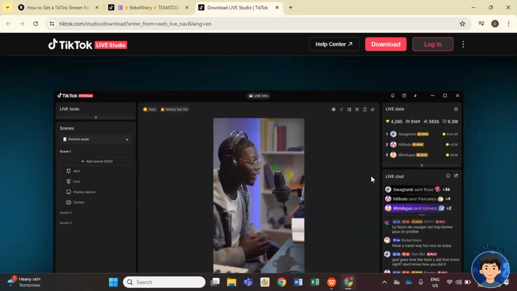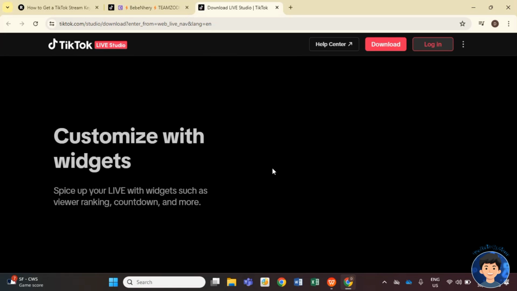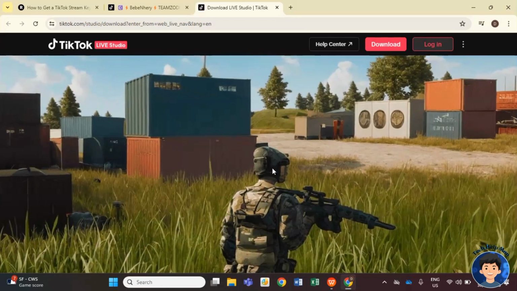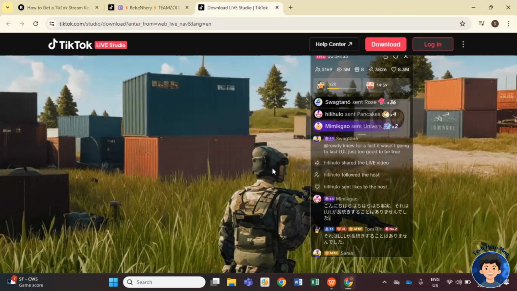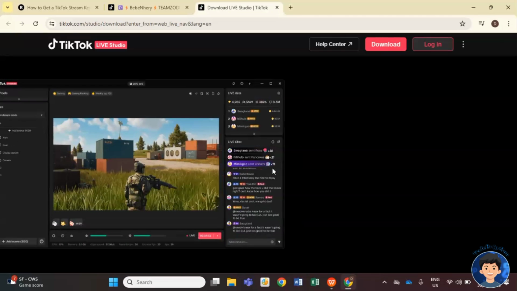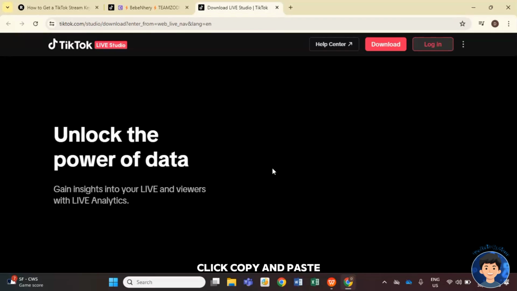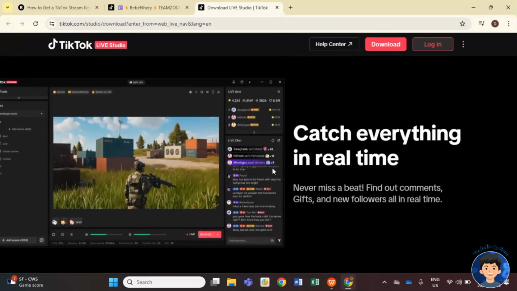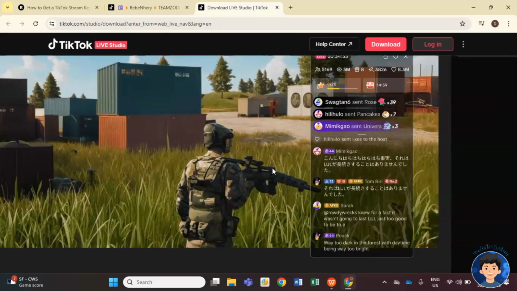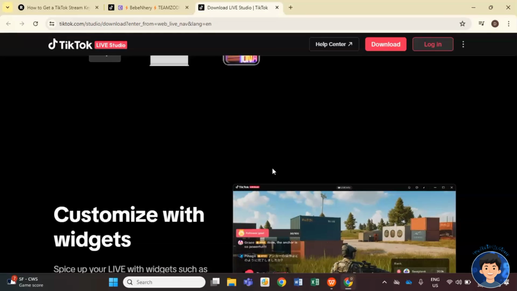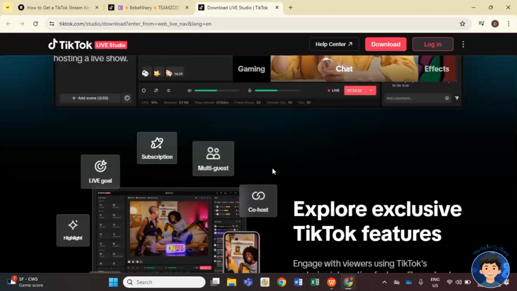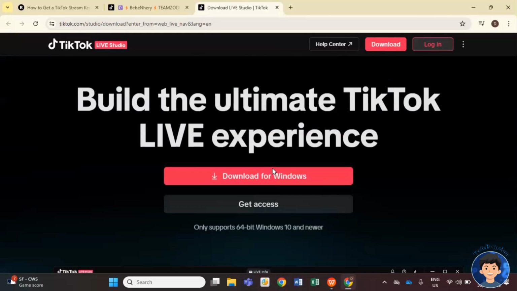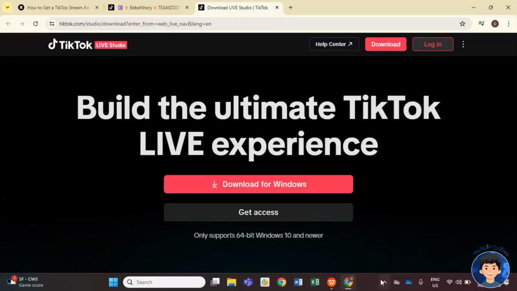You're not broadcasting yet. At the bottom of the page, TikTok will show your server URL, also known as RTMP URL, and stream key. Click Copy and paste them into your streaming software like OBS, Streamlabs, or Restream. If you don't see the stream key, double check your follower count and your age on TikTok. Make sure your app is updated and consider applying through TikTok Live Studio or a partner platform to get early